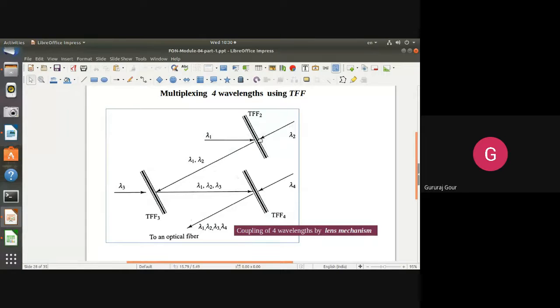Both are added, meaning they take part in constructive interference, giving lambda 1 plus lambda 2, and they fall at a certain angle of incidence on TFF3. On another side of TFF3 you put another wavelength, lambda 3, which also takes part in the constructive interference along with lambda 1 and lambda 2. Now all three wavelengths are constructively added, and then they fall at a particular angle of incidence on the next layer, TFF4, where another surface of the TFF4 has